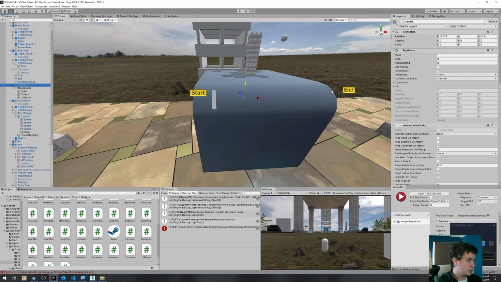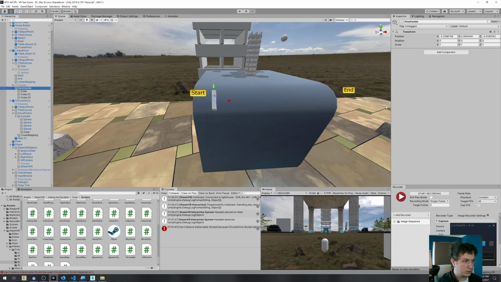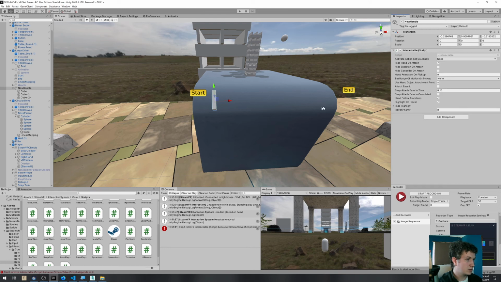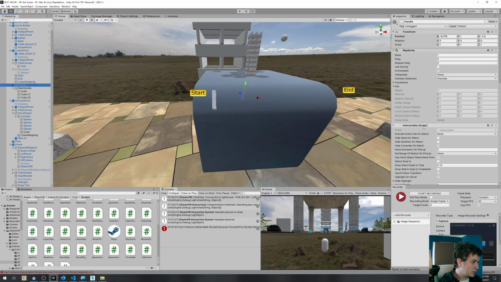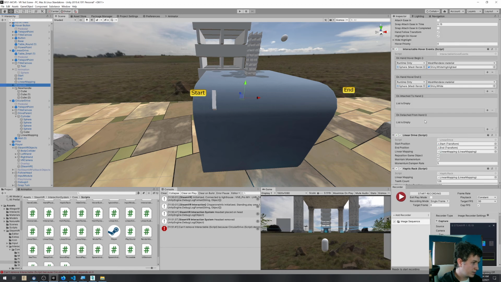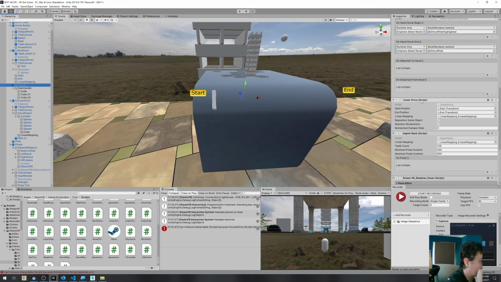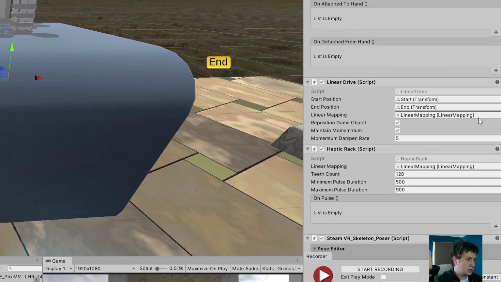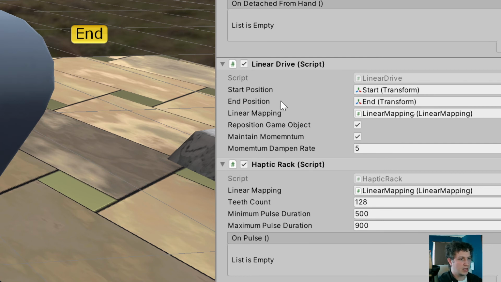How do I make this the handle? So what else is missing? So this interactable, right? Interactable. And the handle attach, use hand object attachment point. Interactable hover events. Linear drive script. Okay, so this script is another part of it. So what's the start position? What's the end position? Where do you want the value to go? Reposition the game object. Maintain momentum. Hey, that's misspelled. And then momentum